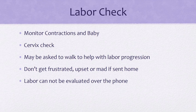We have on here, don't get frustrated, upset, or mad if you're sent home. As I mentioned before, the key to knowing if you're in active labor is cervical change. So if your cervix is not changing, it could just be early labor. The bad thing about early labor is it could last for days. Occasionally you'll hear ladies saying, I was in labor for 72 hours. Well, it's a possibility. Early labor, however, can be uncomfortable,